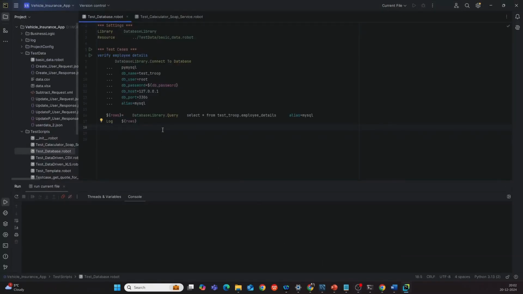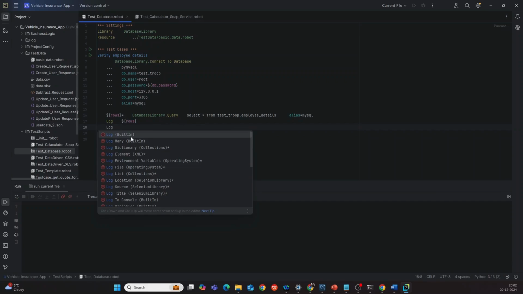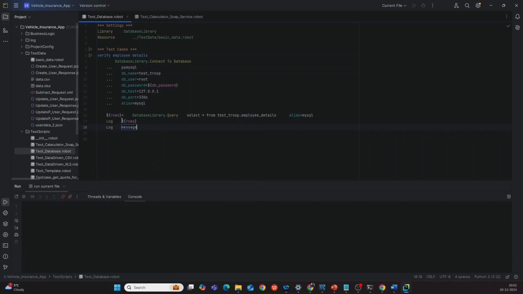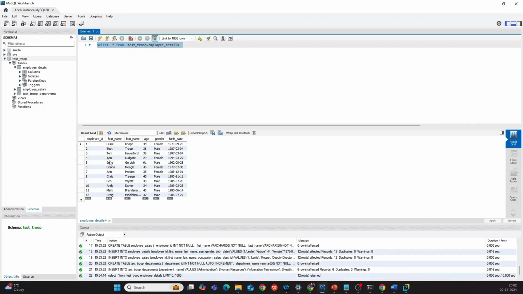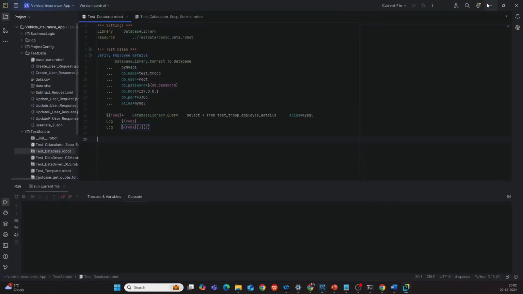So let us try to retrieve April, and I can use this variable. Then I'll have to use the indexes. The first is a row index, which is 3. Second one is the column index, which is 1. This should display the first name as April, and after this I want to close the database connection,